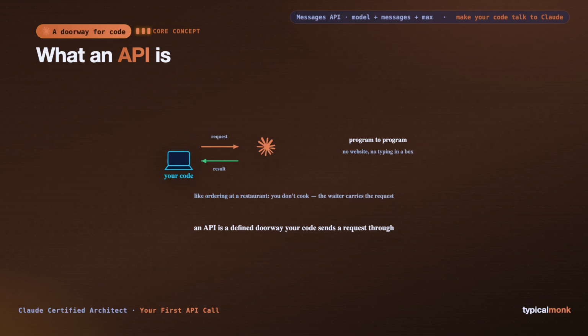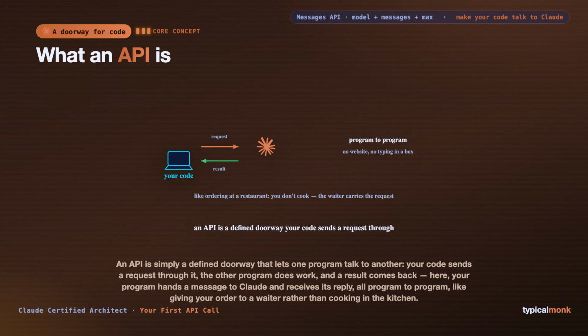Think of it like ordering at a restaurant. You do not walk into the kitchen and cook. You give your order to a waiter through a defined process, and the meal comes back. The API is that waiter, the agreed way to make a request and receive a result. So the takeaway, an API is a defined doorway. Your code sends a request through it, and that is how your program hands a message to Claude